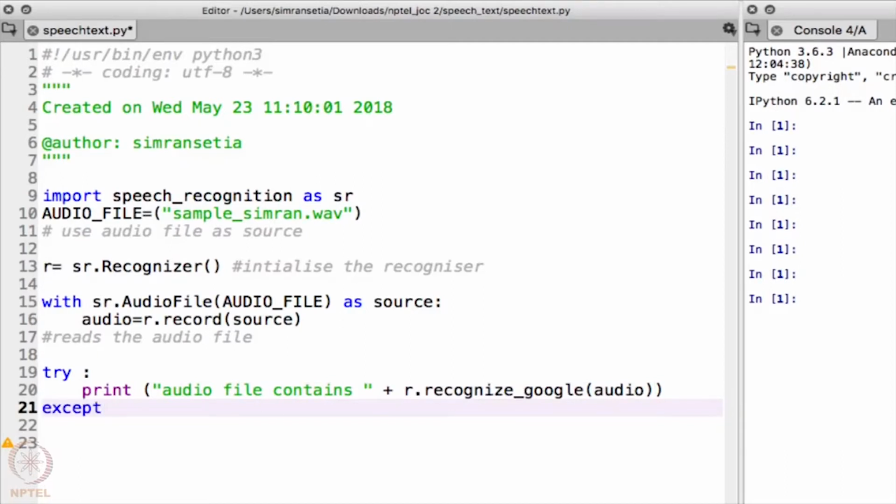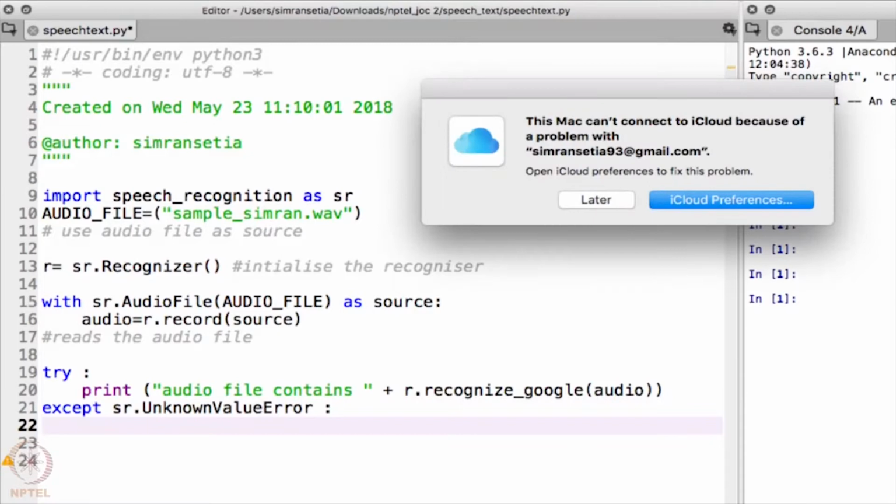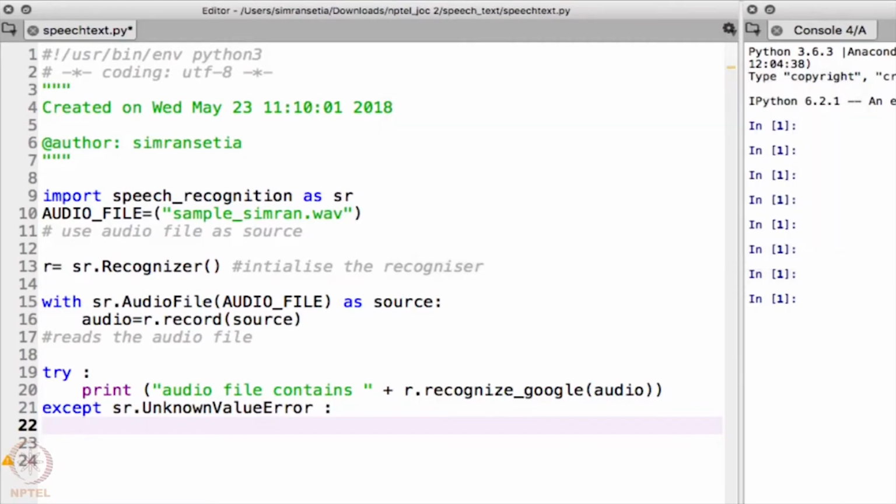Except sr.UnknownValueError. You must be wondering what I am doing here. Here basically it will raise an exception sr.UnknownValueError in case it is not able to understand the audio.